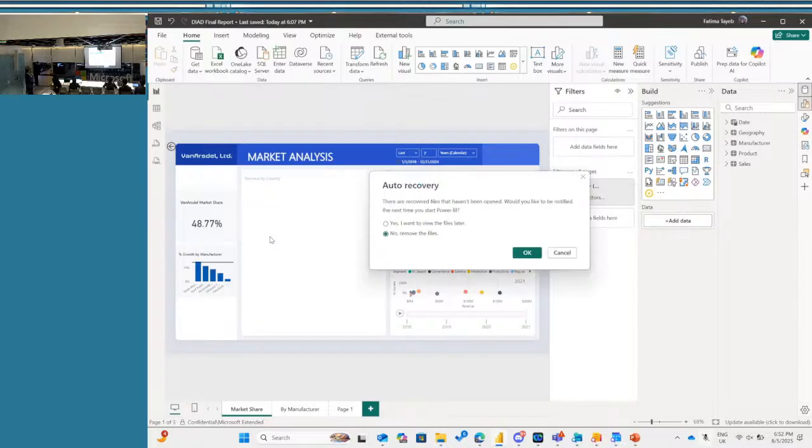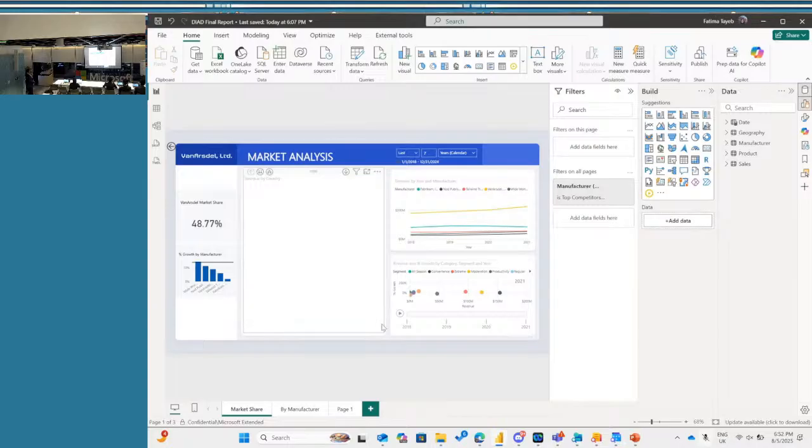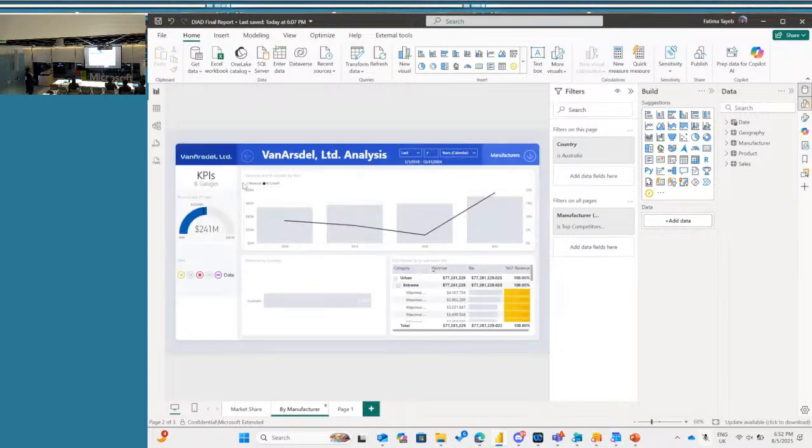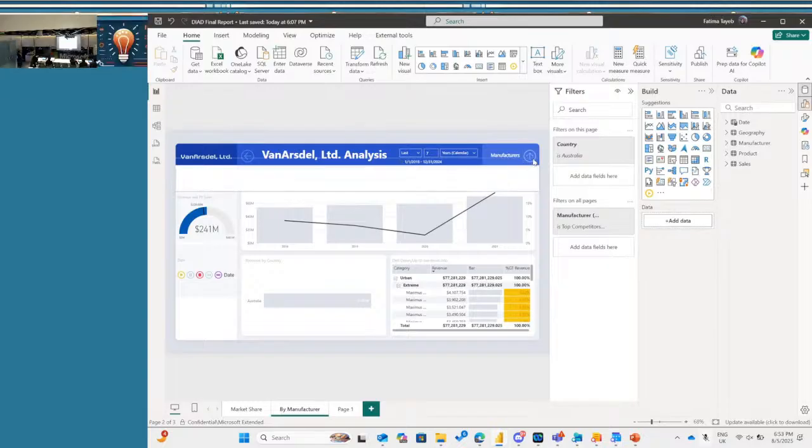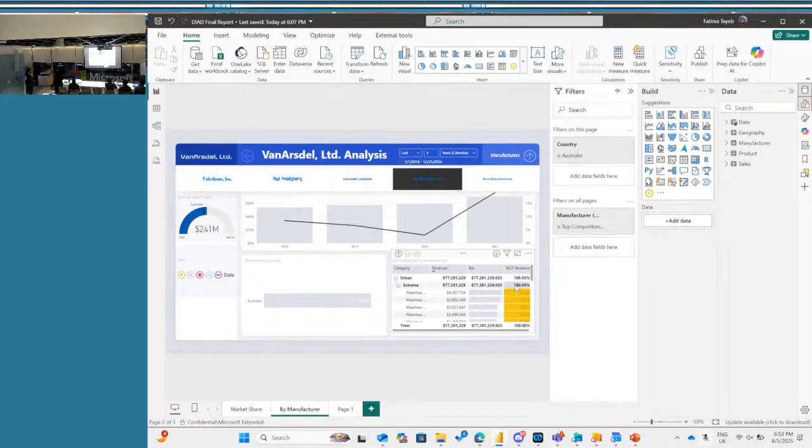We brought in data to compare how we're performing in different countries. And also we have some custom visuals there. You have a map here as well. I think it's just rendering. I think I disabled something, but that's fine. And then we also have the option to compare ours against the different manufacturers and how we're performing. You have some conditional formatting here and all these aspects. So this is what you're going to do in the lab.